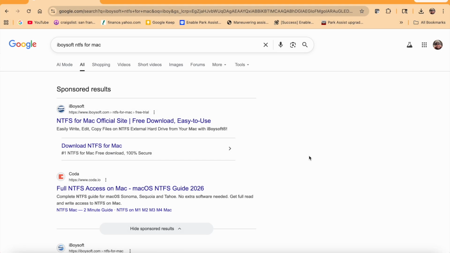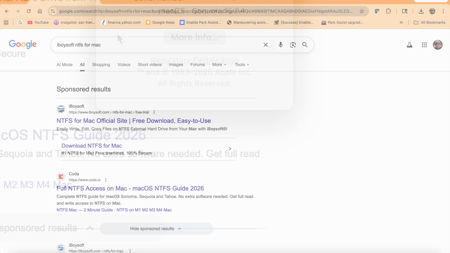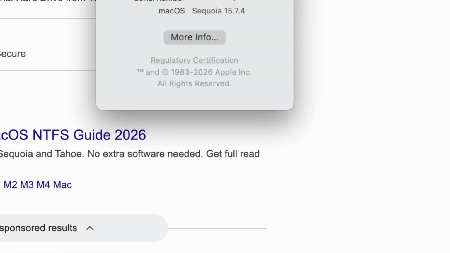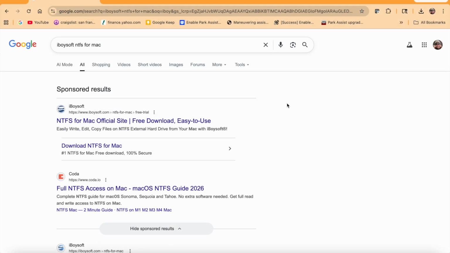So this one is the MacBook Air M4 2025. It's running Sequoia, the latest one, 15.7.4. If you want to read and write NTFS drives, I use the